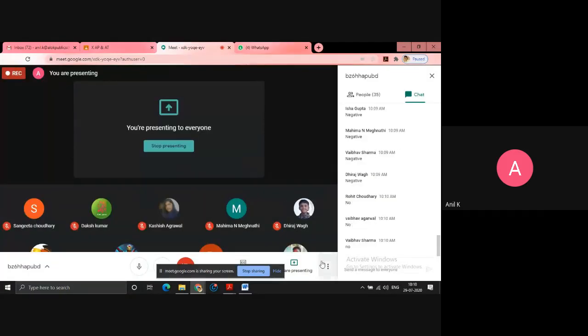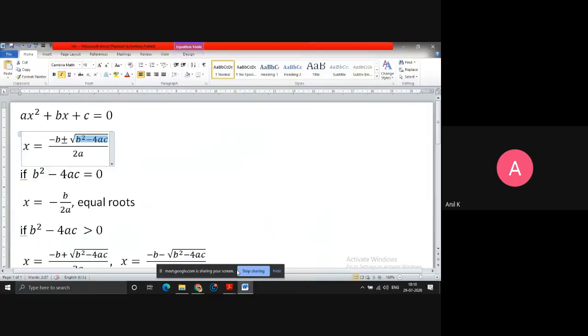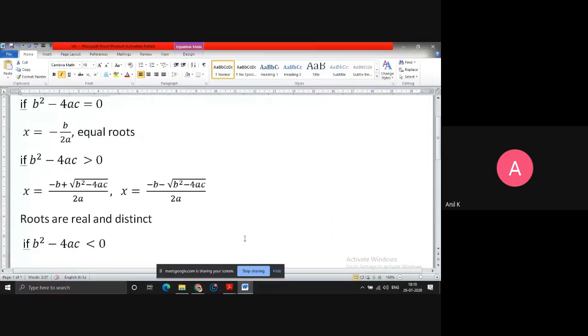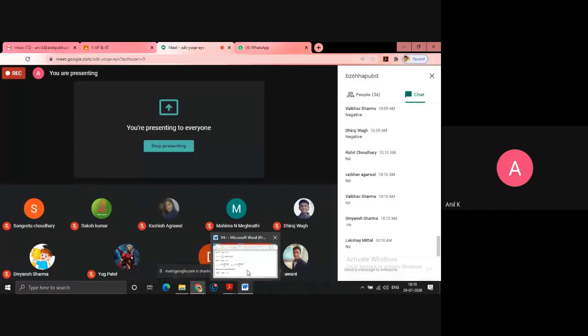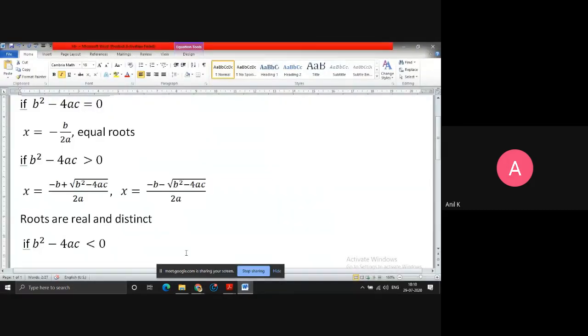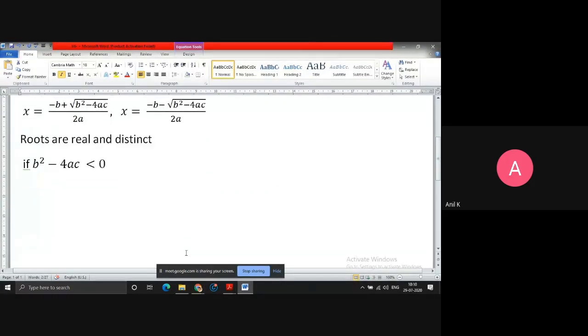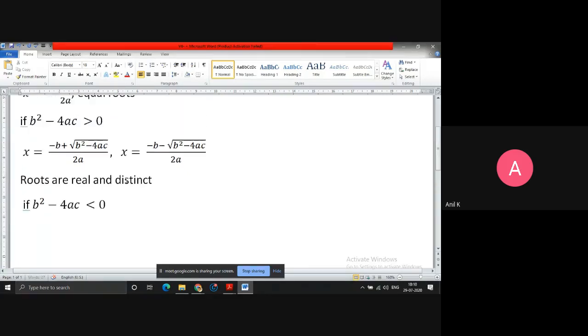No. Yes, in class 9, maybe we studied that if it is under root negative number, we cannot solve it. There is no real number which satisfies under root negative number. Till now we don't know. Maybe when you go to higher classes, class 11, we have one number system that we call the complex number system, which helps you solve under root negative numbers also. But in class 10, we cannot solve such a quadratic equation.